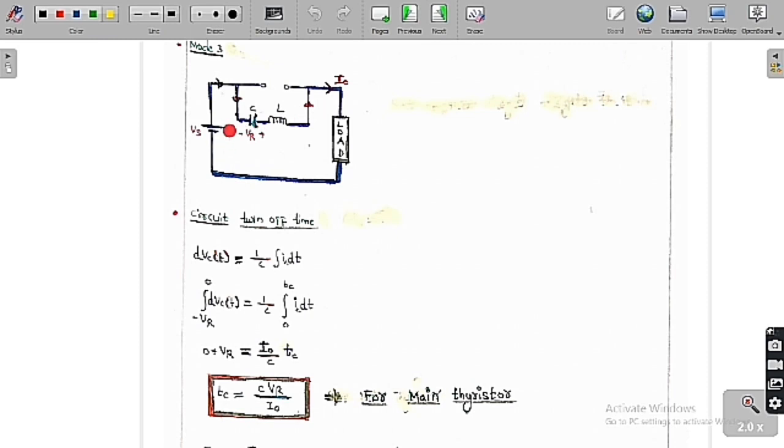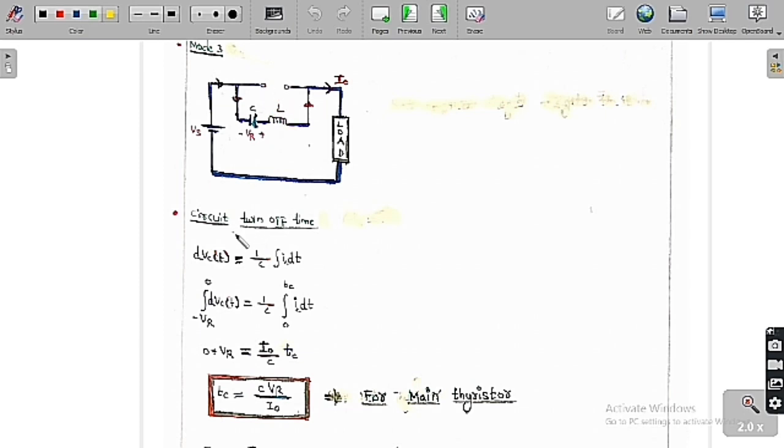I have already told you this is plus or minus Vc. Here plus or minus Vc means we are going to get a negative value at the end of mode 2. See, plus or minus Vc, this is plus and this is minus Vc, so negative means it will be minus plus. So this is VR. This much amount of voltage is given as the reverse bias across the